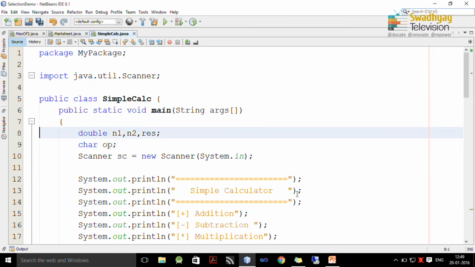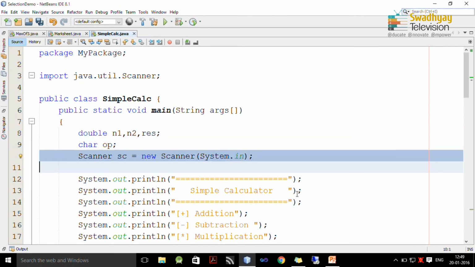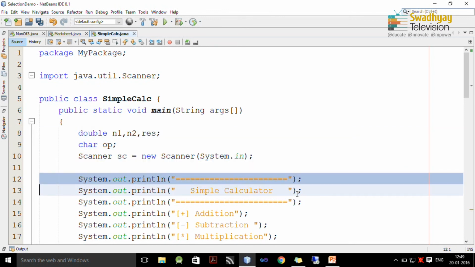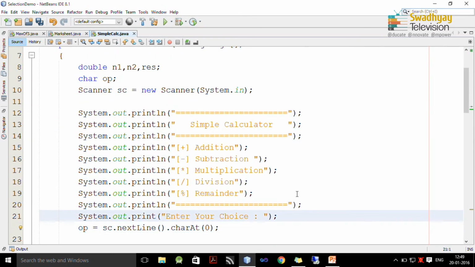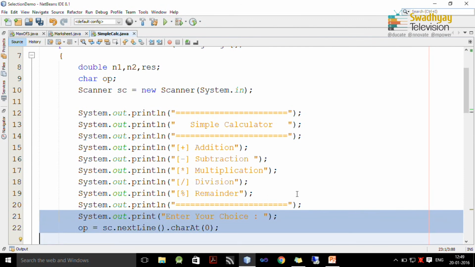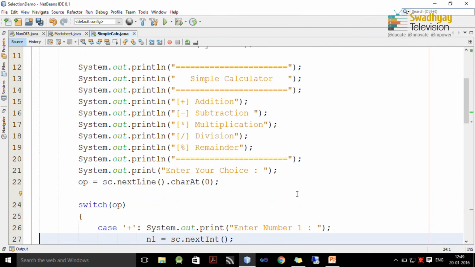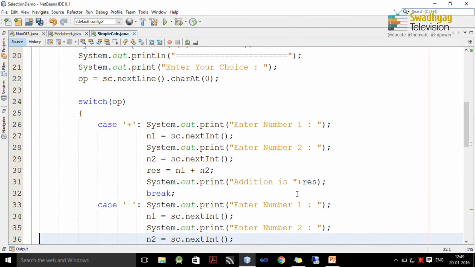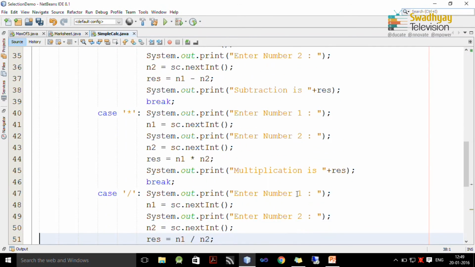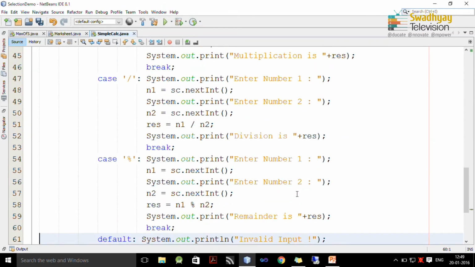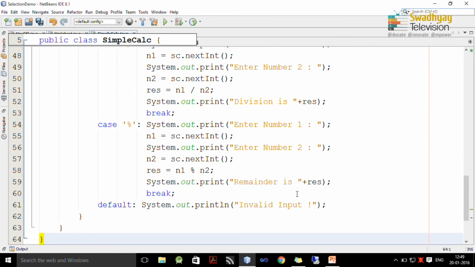We declare necessary variables, we create instance of scanner object, we print menu to user, we ask user's choice, store that choice inside OP variable, and based on choice we perform either addition, subtraction, multiplication or division or modulo division, and if match is not found, the default statement is executed and it prints invalid input.